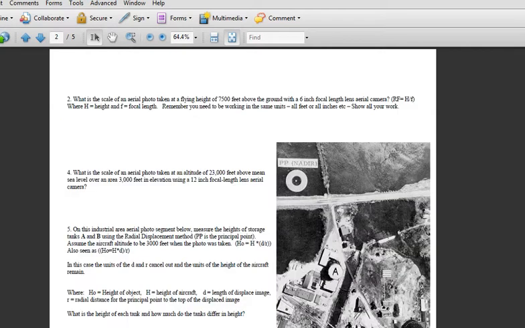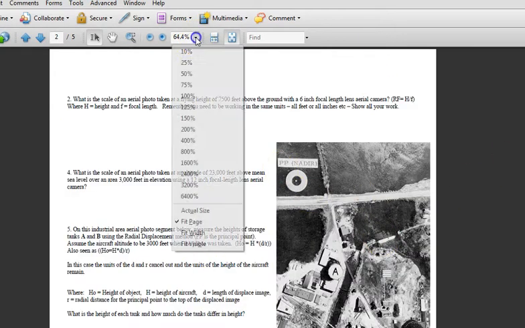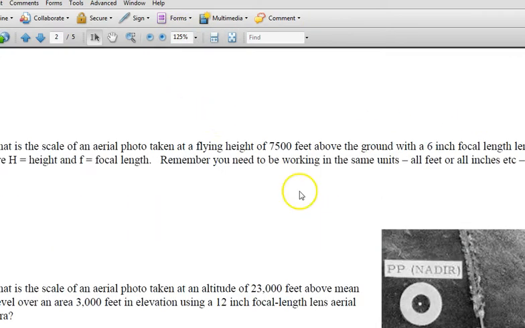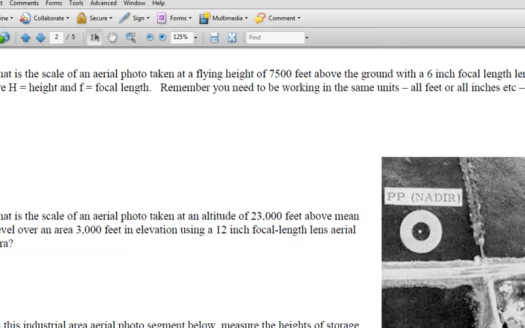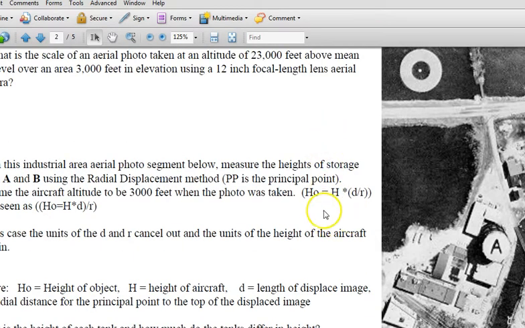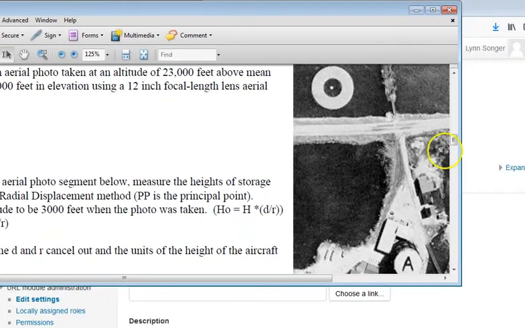The second page, you're asked to determine the height of Tower A and Tower B. So to look for this formula, the height of the object is the height of the plane, or the altitude of the aircraft, multiplied by the displacement times the distance from the principal point. So for this one,